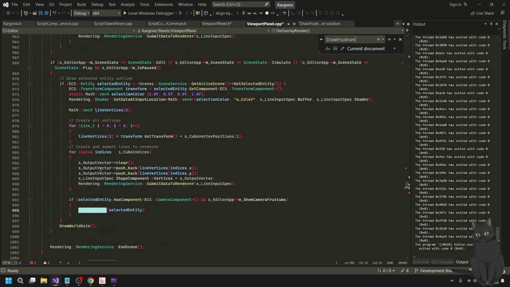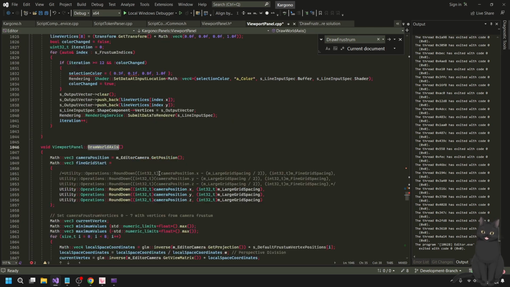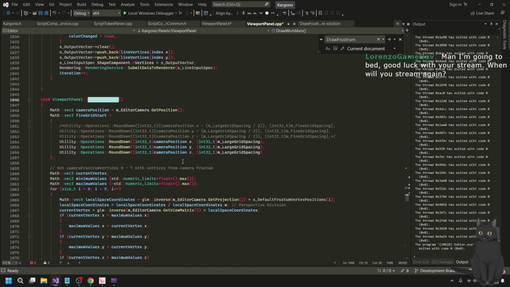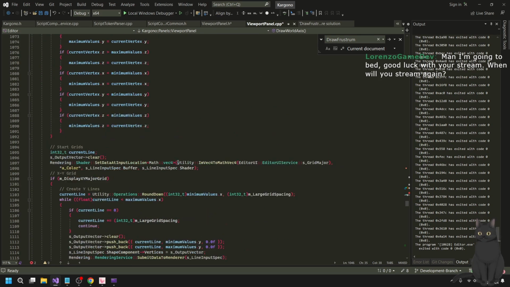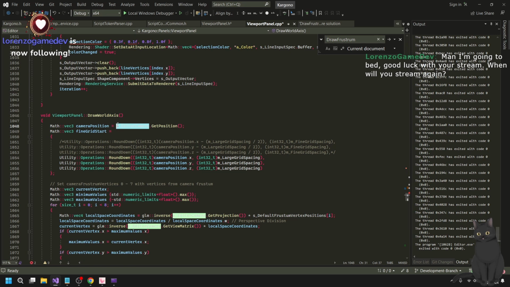Here we go. So we draw the frustum for the main entity that holds the camera component. Sure. And the world axes are just drawn in general, but I believe I still need the information about the camera component somewhere, right? Or maybe not. Yeah, embed your camera. It's right here. What is going on?